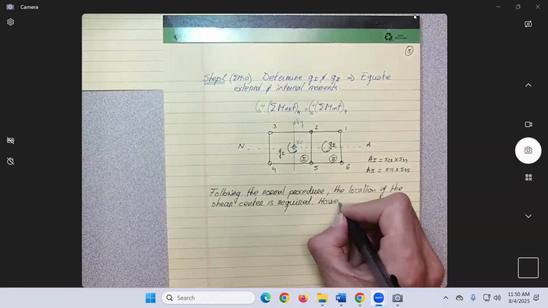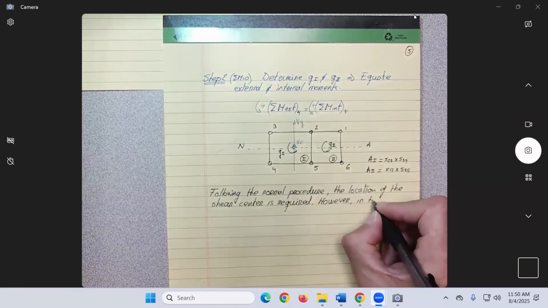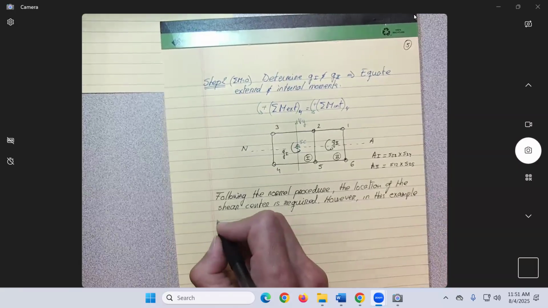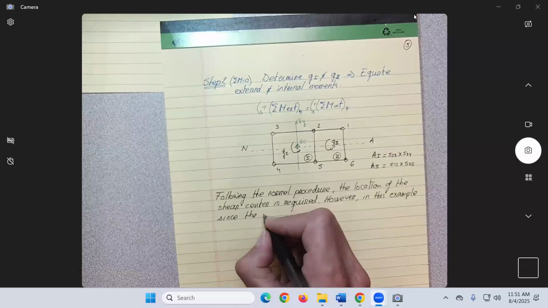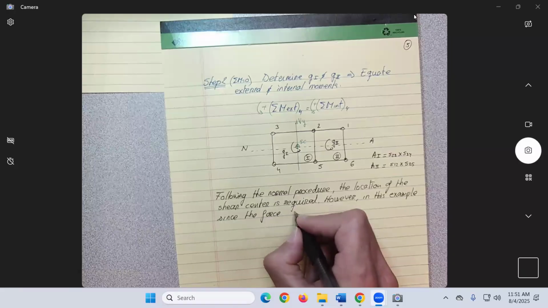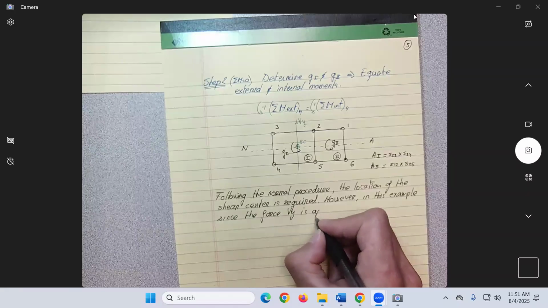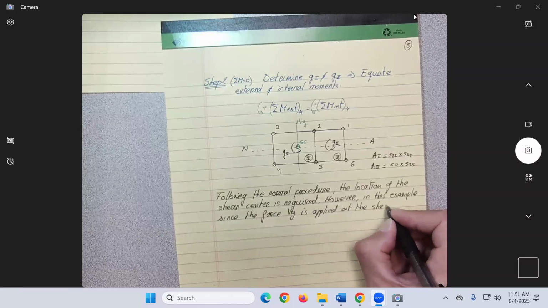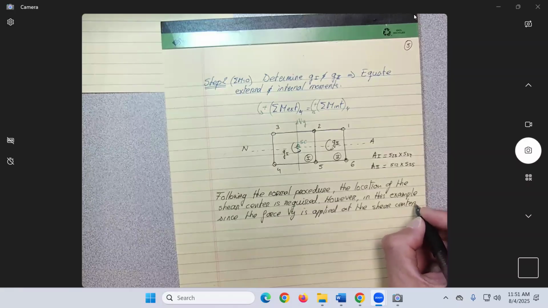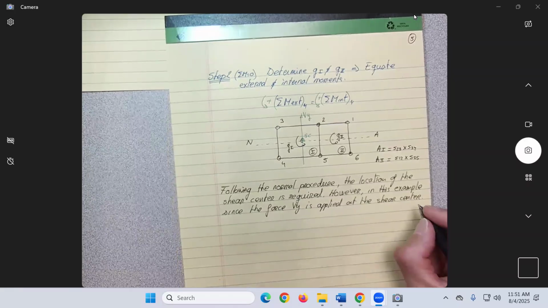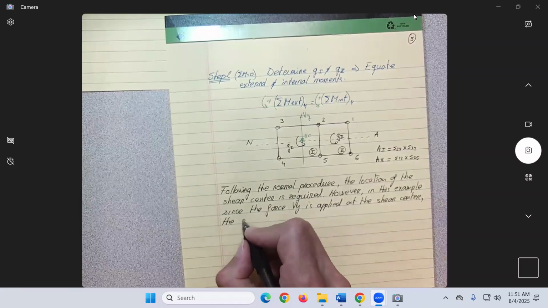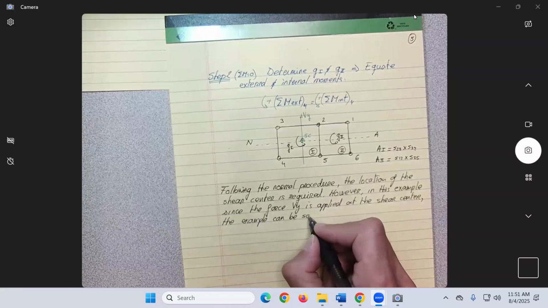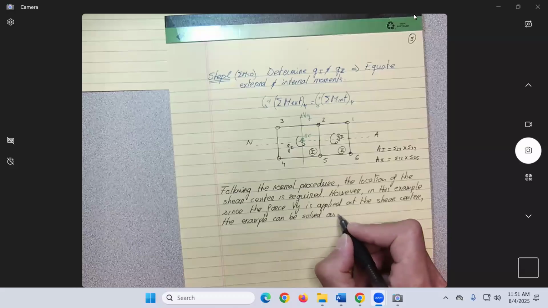However, in this example, since the shear force Vy is applied at the shear center, the example can be solved as